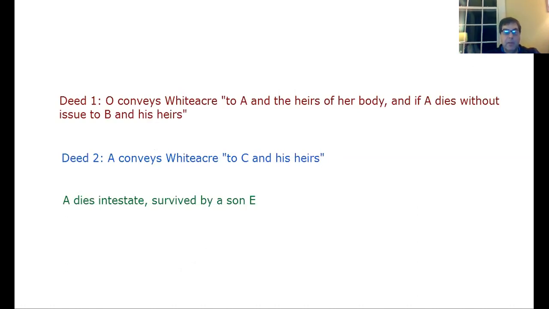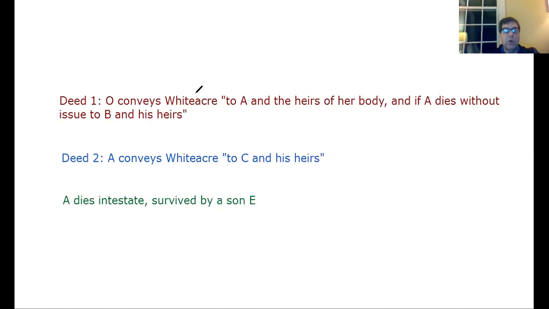Now, the problem that we were looking at says, who owns Whiteacre in states that fall into categories 1 and 2 in the discussion on page 170, and what if E predeceased A in a category 1 or a category 2 jurisdiction? And so now if we go back to the whiteboard,